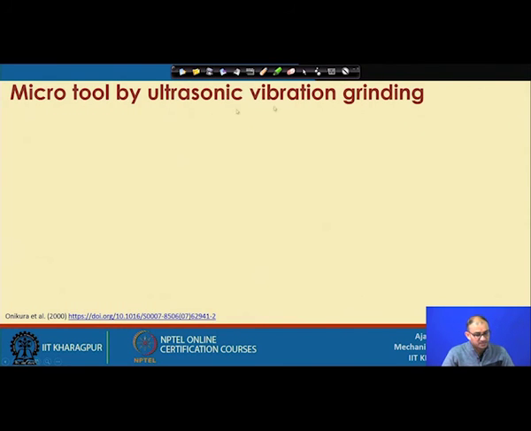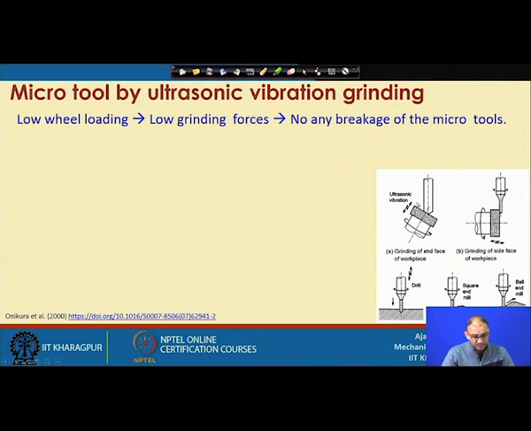Then coming to the other grinding operation, that is called ultrasonic vibration. So, what is the advantage of doing this? When you provide ultrasonic vibration, you can see that there are two different setups here. This particular setup is used for fabrication of the end face of the workpiece. Workpiece, that means it is our tool. So, when you want to create some type of features here, then you have to create vibration onto this particular surface.